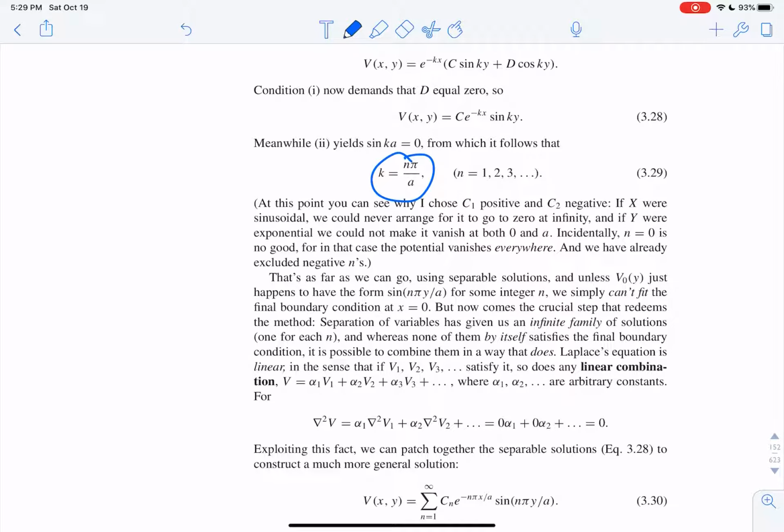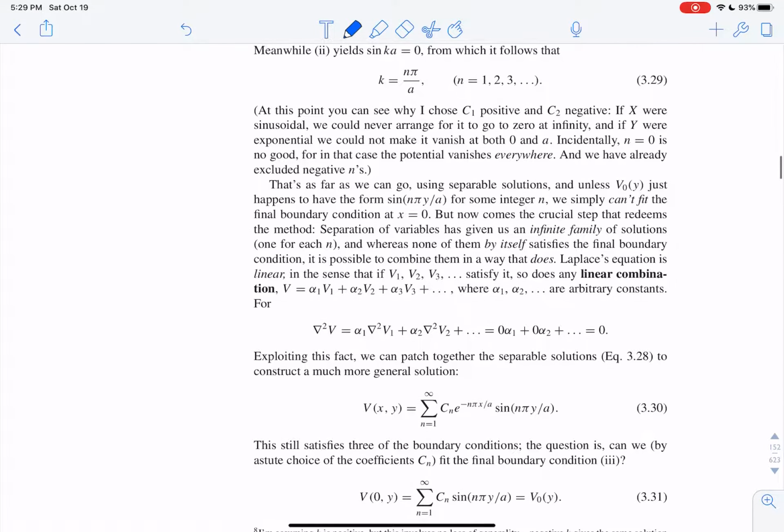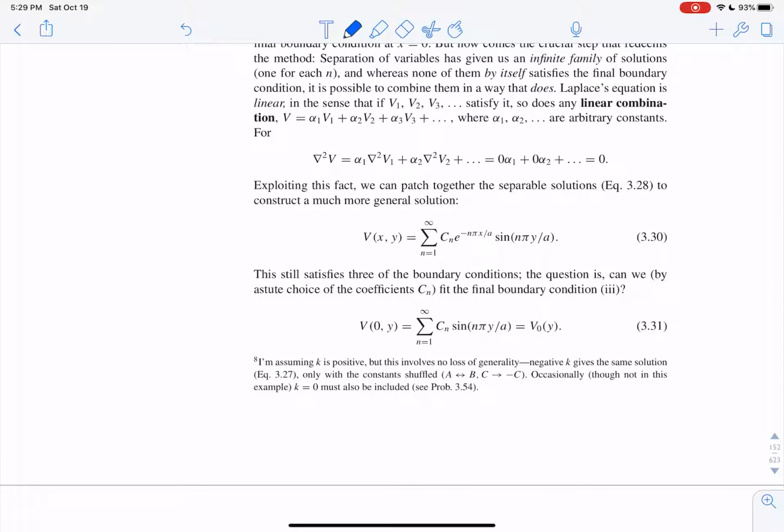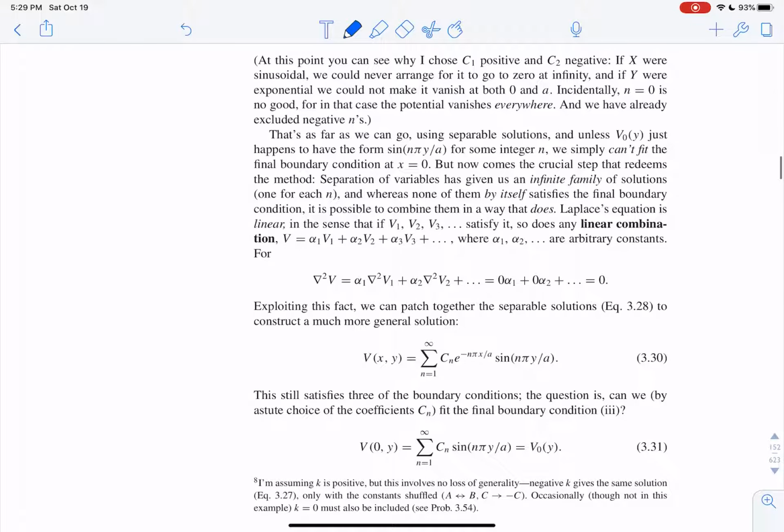And so what we need to do is actually add up all of the k's. We have to do an integral. We have to do a sum here. We need every one of these combinations to come up here. So that means we have these boundary conditions such that we need our solution, our y value at y equals a, we need to add up every possible c value to give us